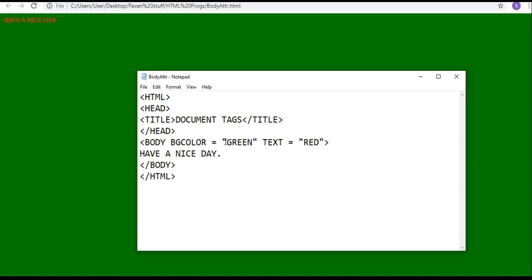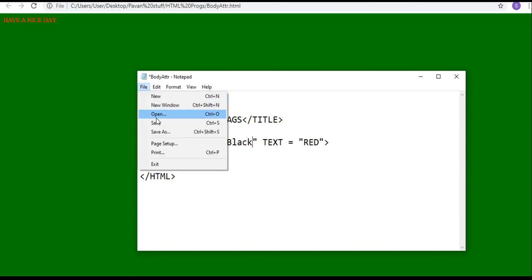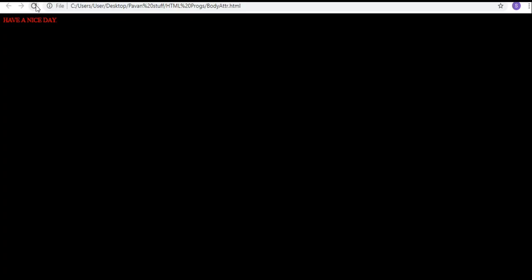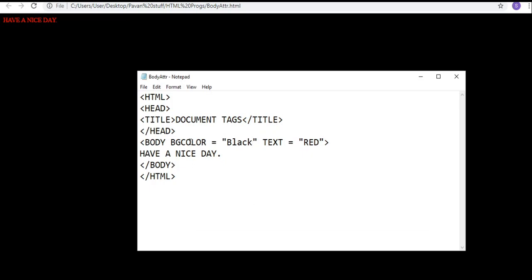Now I am changing the background. I will make it black. Save, refresh. Okay. So bgcolor is the background, it is an attribute name and black is the attribute value.